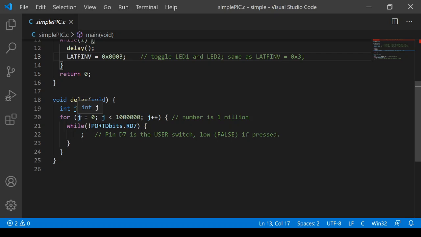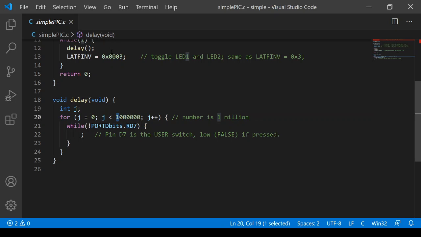The delay function has a for loop, starting at 0 and going to 1,000,000, adding 1 each time. We will check to see, is the button pushed? So the user button is on this pin. And if the user button is pushed, we will go inside of this while loop and we'll just sit here. We won't do anything, so that means the LEDs will not blink. And we'll just keep reading that pin to see, is it pushed? And if it is pushed, we'll just sit here forever. As soon as we're not pushed, we will continue our counting to 1,000,000, and then the LEDs will flip, and